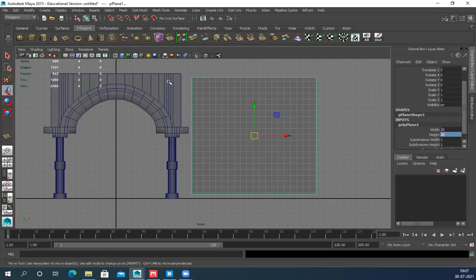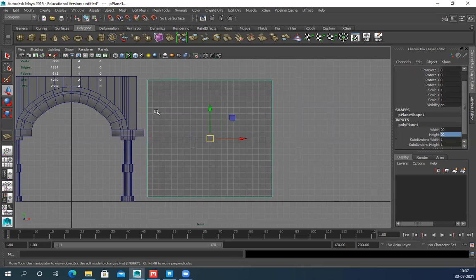For this surface, I need an ID map. For this surface, I need an ID map. For this pillar, this surface, I need an ID map. For this, I need an ID map. So multiple ID maps I need. So let's say this is a huge area.